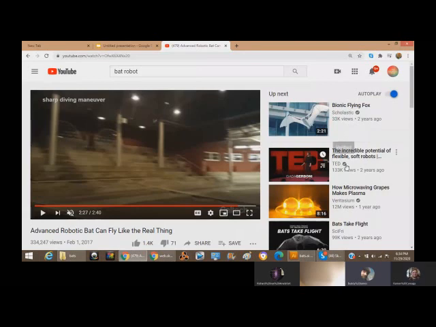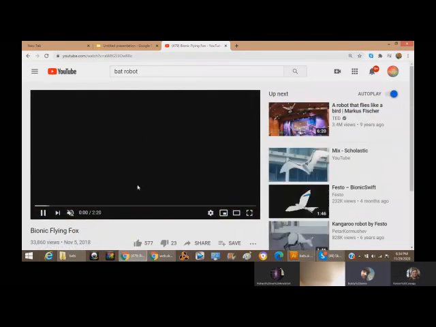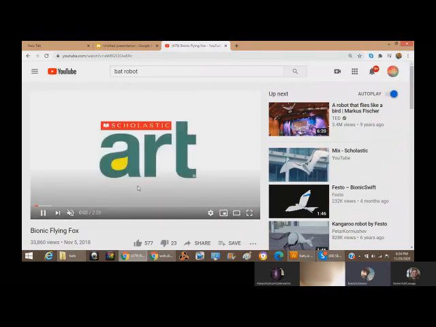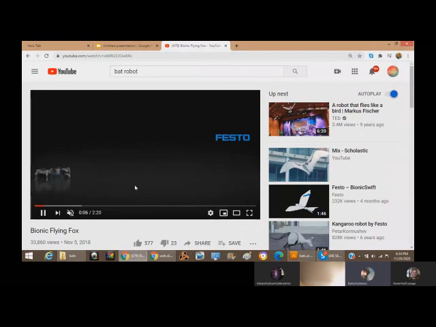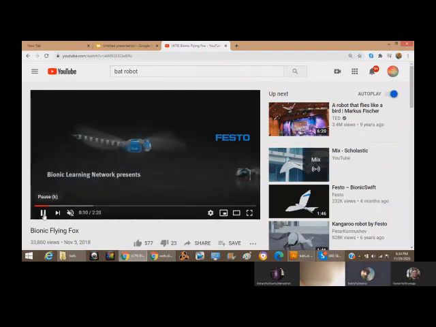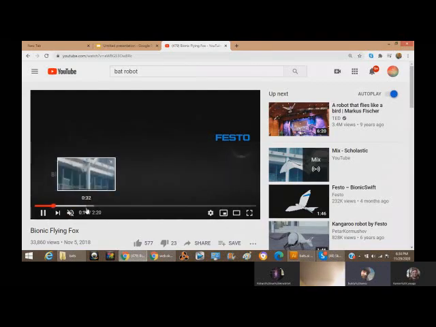All right, so that's that. Here's the newer one, Bionic Flying Fox, which I think is a type of bat. They refer to bats as flying foxes sometimes in different cultures. So I keep hearing from Adapt 2030 that they are